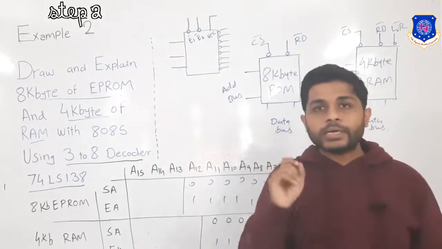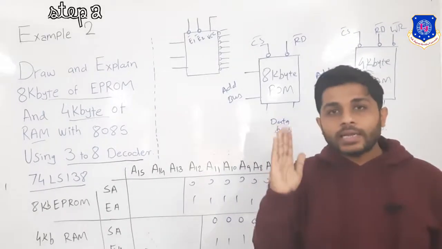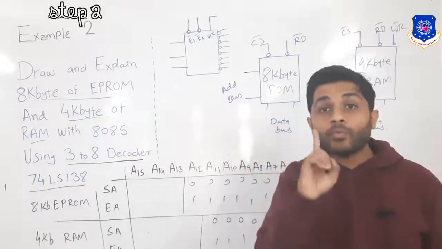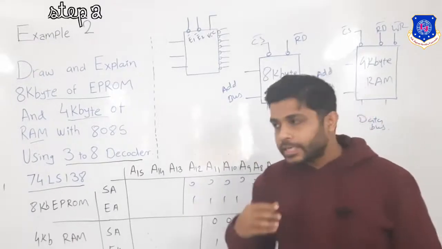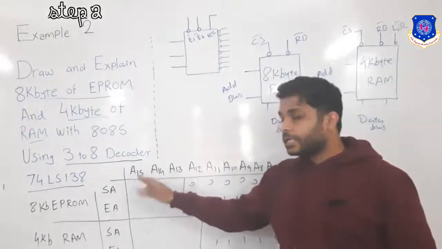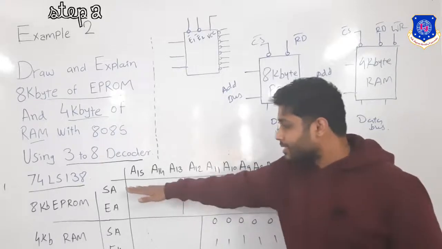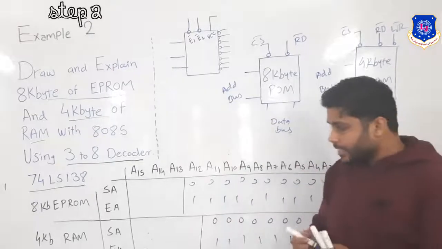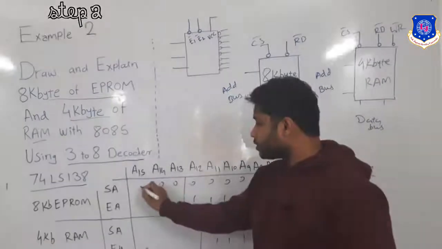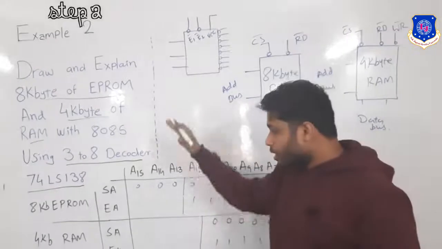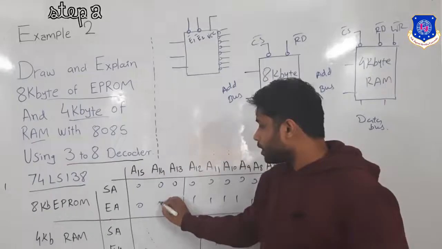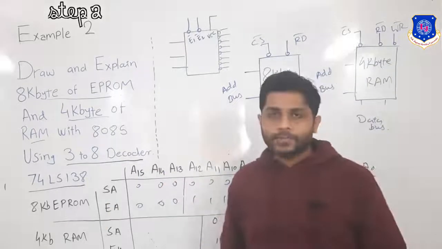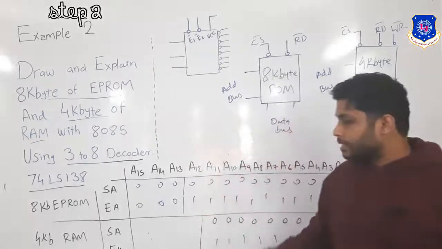One more thing you need to understand is that the value of the remaining address lines will remain constant throughout one chip. What I am trying to say is that the values of A13, A14 and A15 will remain constant from the starting address to the ending address. So if I set A13, A14 and A15 to 0 0 0, then throughout the range, up to the last address, their value will be 0 for one memory, which is the 8K EEPROM.